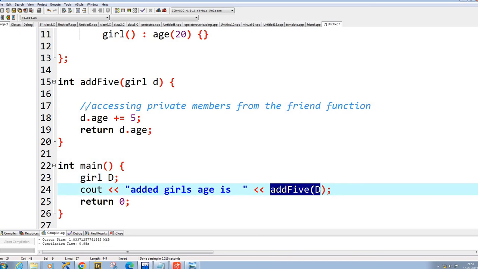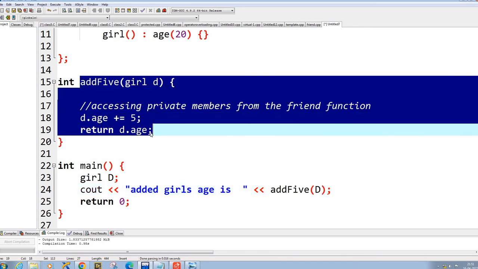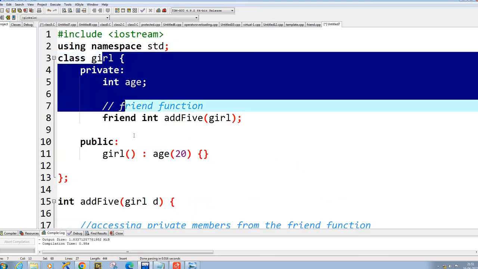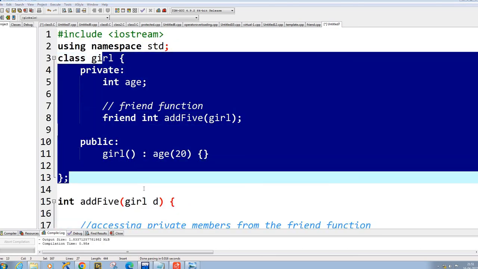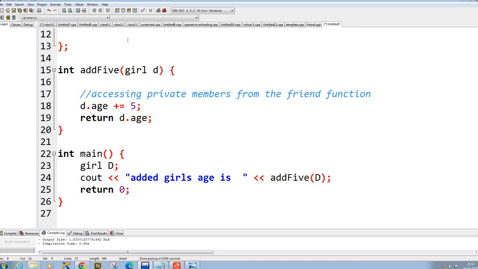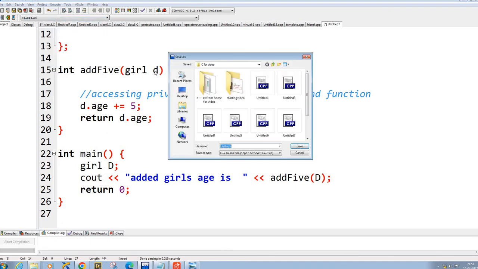So it goes and executes this function directly, and it uses this object to do that. But the object did not have this function, there was no way to call this, so the class made it a friend of that function. So if you run this, you can see that